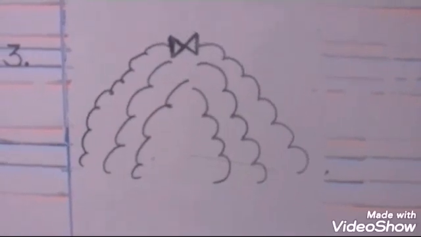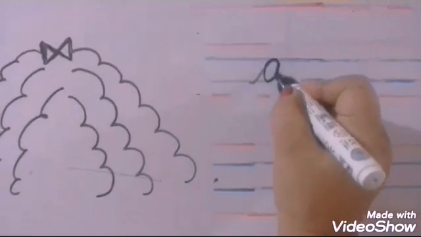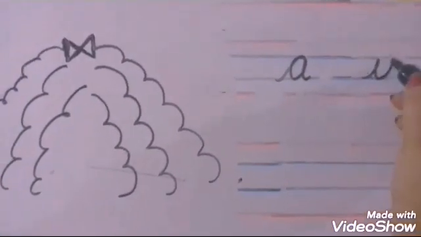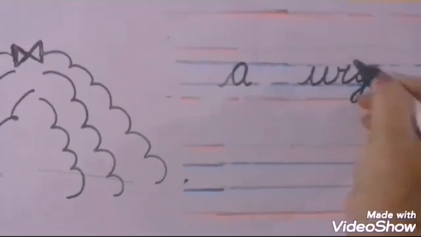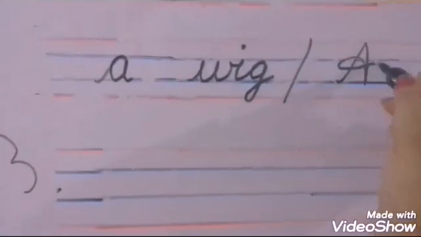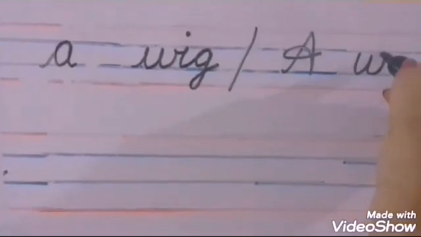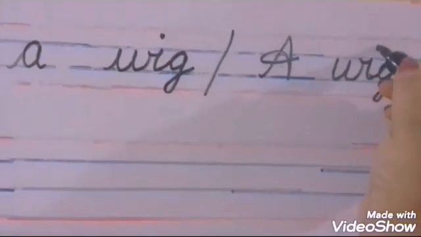This is the picture of a wig. Wig is an artificial hair. So we are going to write a wig. Small letter a and small letters w-i-g. Or you can write a capital A and small w-i-g, wig. Now fourth